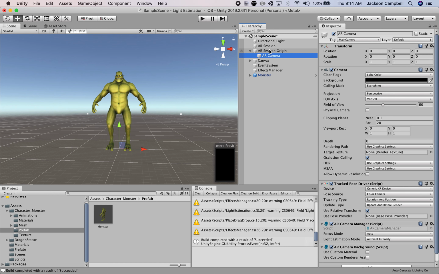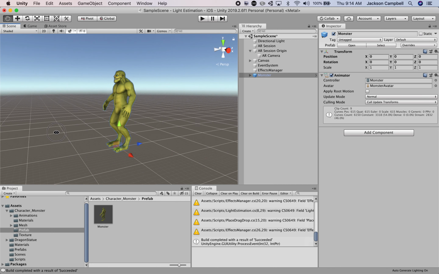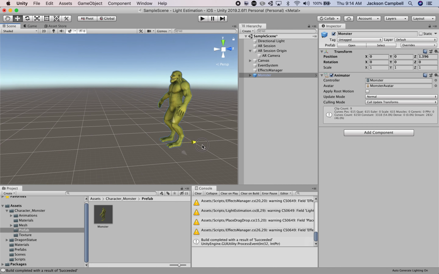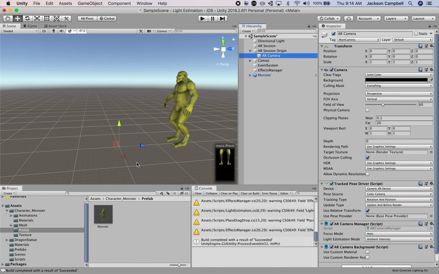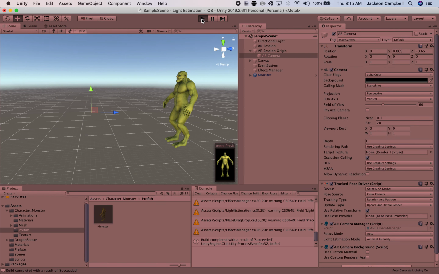If you click on the camera here, see there's nothing in the preview, and that's because the camera is sitting right at this guy's toes, so we can't see it. So if I were to grab this monster and drag him backwards a little bit, go back to the camera, now you can see his legs because the camera's sitting on the floor, but I could drag the camera up until the monster is in the frame. I could even back the camera up a little bit. There we go. Maybe move it down. And now if I hit the play button, we should see the monster